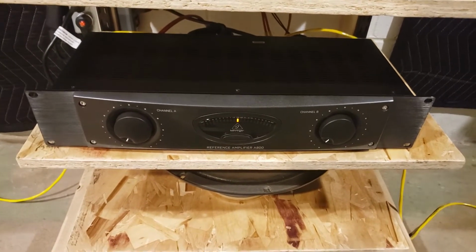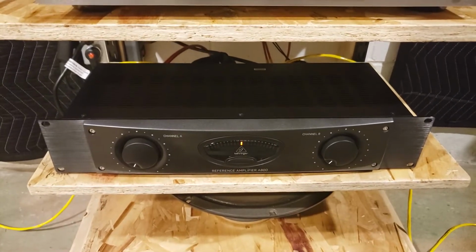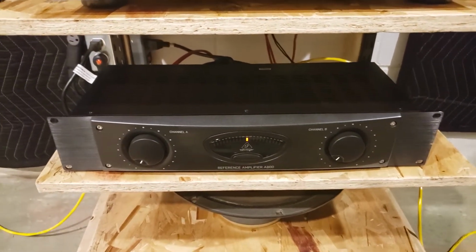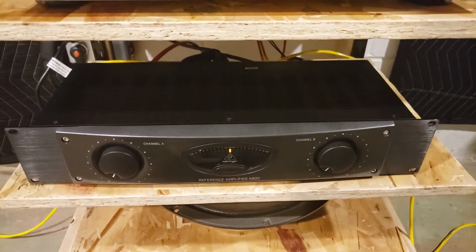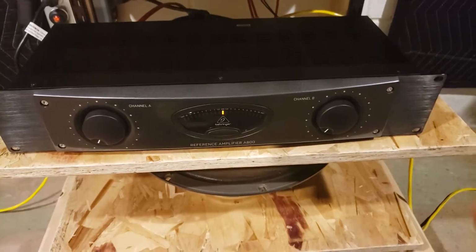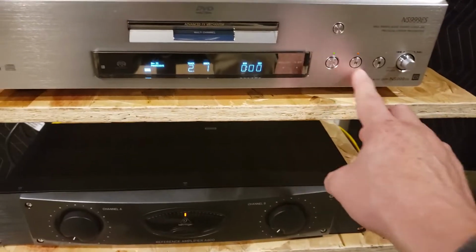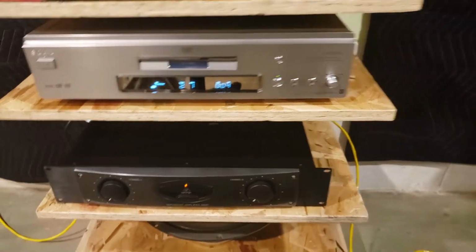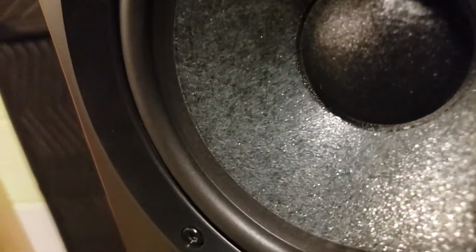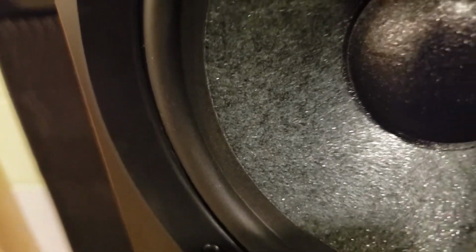The input sensitivity on this, from what I can tell right now, is fine. What most CD players would have is a 2-volt line level output. But what I wanted to show you is I have both knobs all the way down. If we hit play on here, and I'm really quiet,